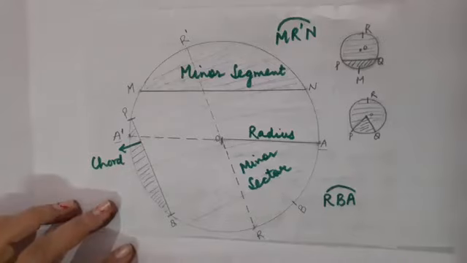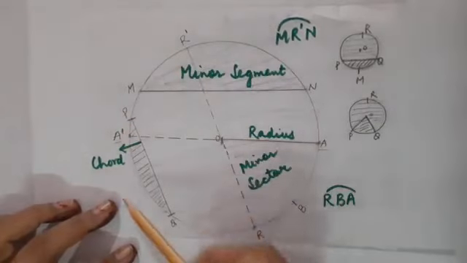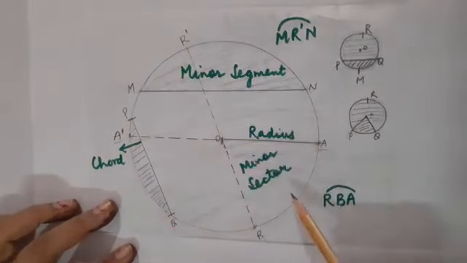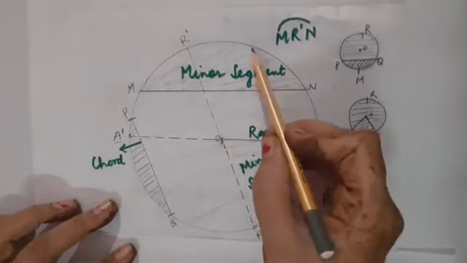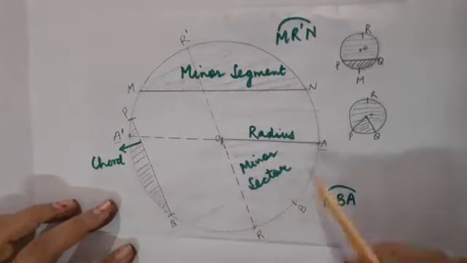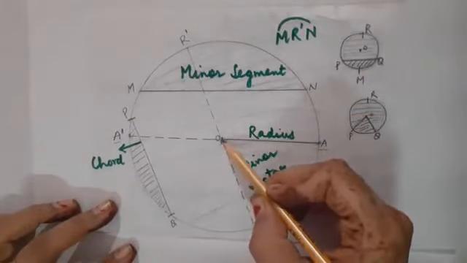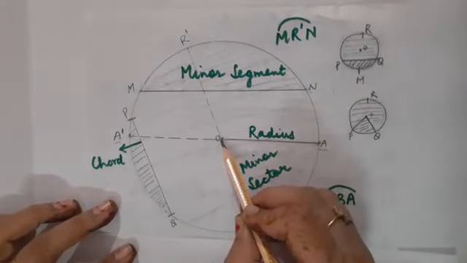So children, let us start today's class. Here you can see a big circle. So my first topic, which I am going to make you recall, is the definition of circle. Children, circle is nothing but a locus of a point which moves in a plane in such a way that the distance, whatever point I take on the boundary, they are at equidistance from this fixed point which is known as the center of the circle.